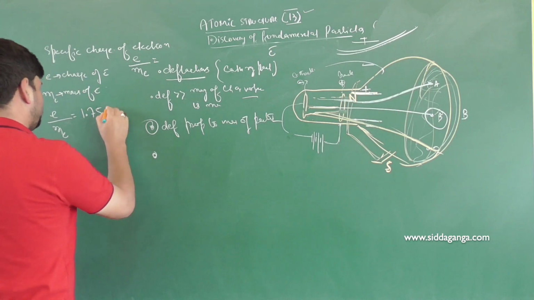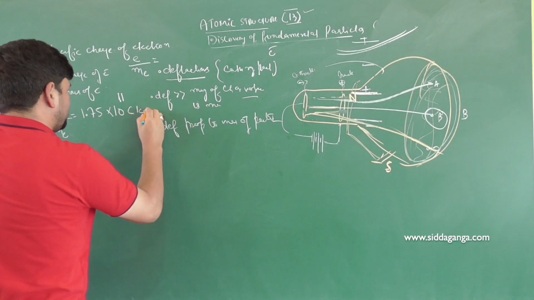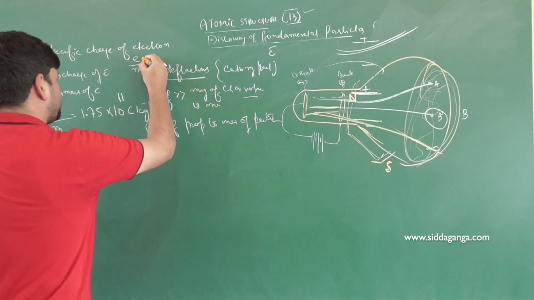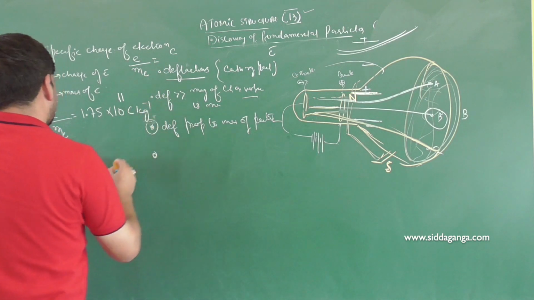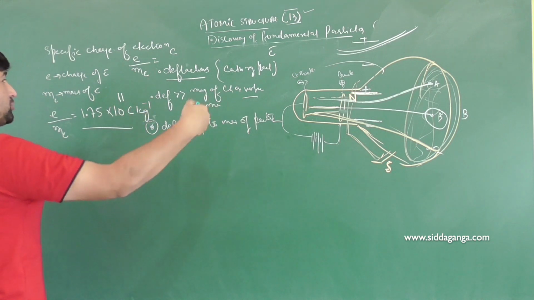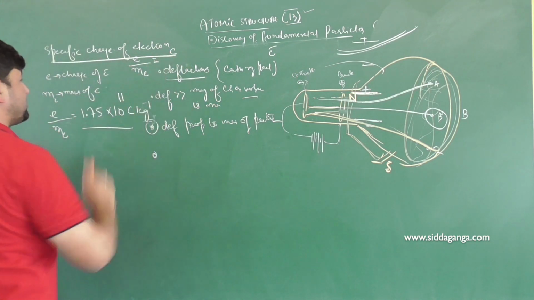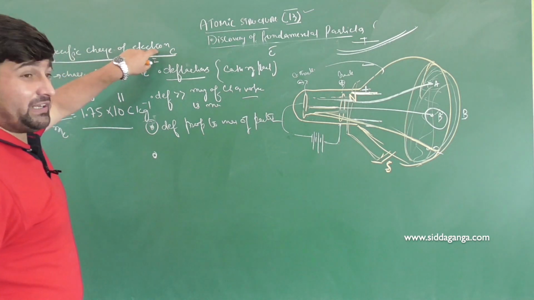We'll write 1.75 into 10 to the power 11 coulomb per kg, because electron's charge will be in terms of coulombs and mass of electron will be in terms of kgs. So it will be 1.75 into 10 to the power 11 coulomb per kg. So through this we were able to find out the specific charge of an electron. And knowing the specific charge of an electron,